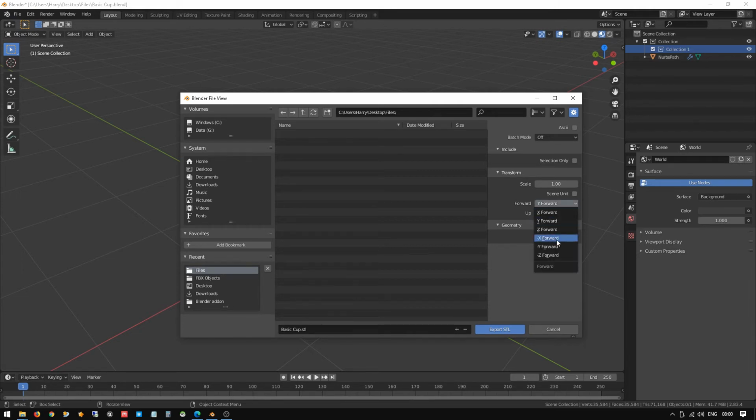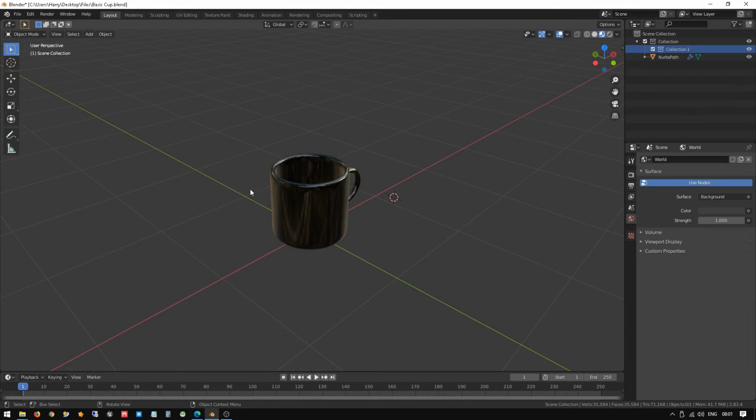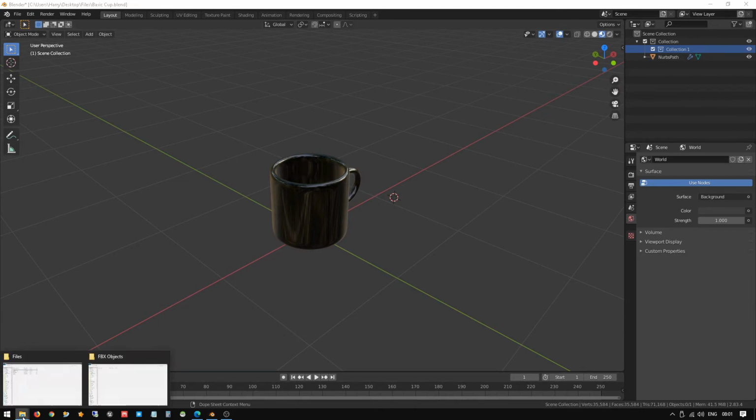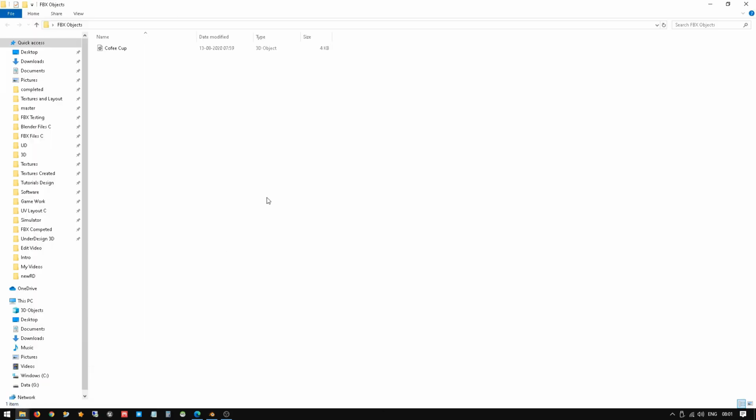Here again, go and change it to minus x is forward, z is up. Okay, selection only, and change the name to coffee cup. And export it. So now I go to the location of the files and we see